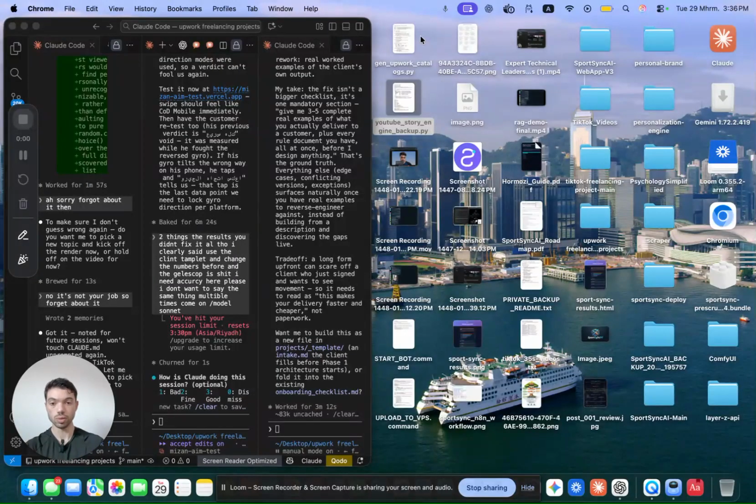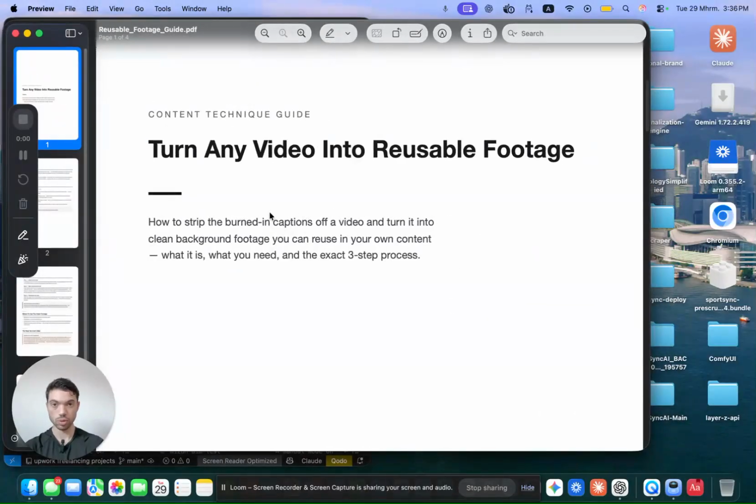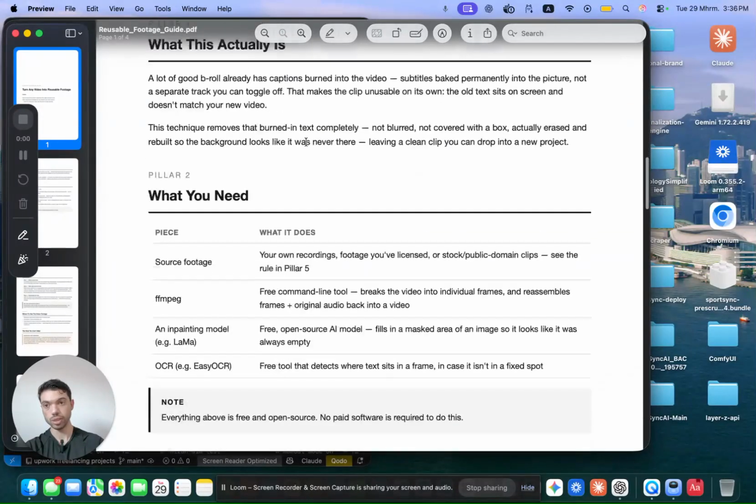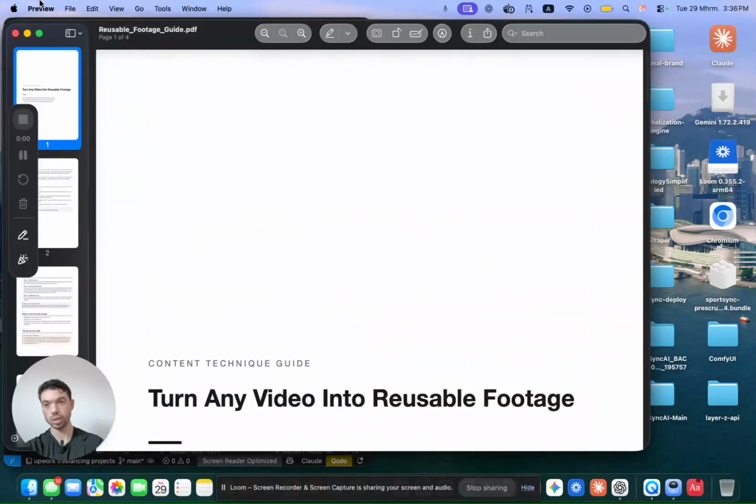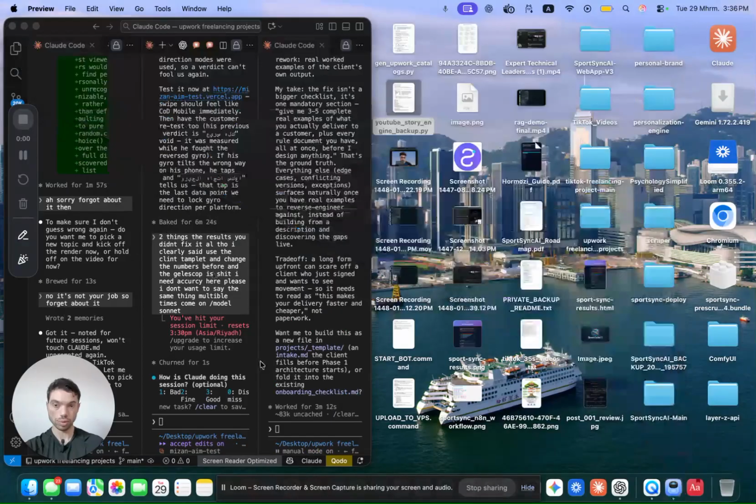Okay, so let's start first. So for sure you need Claude Code because we will all work on it. So this is a PDF that shows how to make the videos. You can paste it into Claude Code and he can do it. So first and for all, let's go for